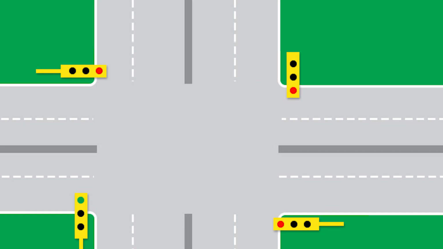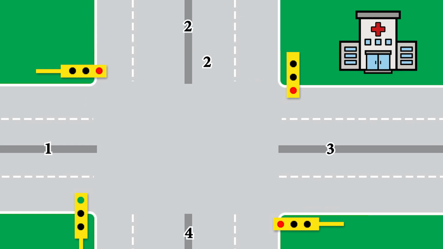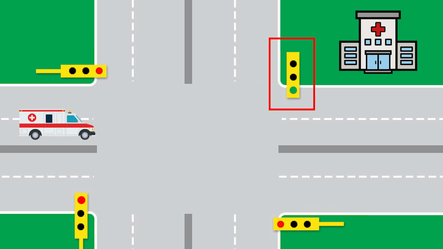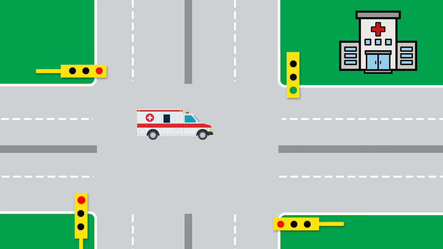Like here we can see this is a square. We are having 4 ways. So let us name the ways as way 1, way 2, way 3, way 4, and this is the hospital. If the ambulance is arriving from way 1, then the person inside the ambulance will need to push the button for way 1. So all the traffic signals will shift: the signal for way 1, S1, will be green, while S3, S4 and S2 will turn red, so the ambulance can get straight away to the hospital.